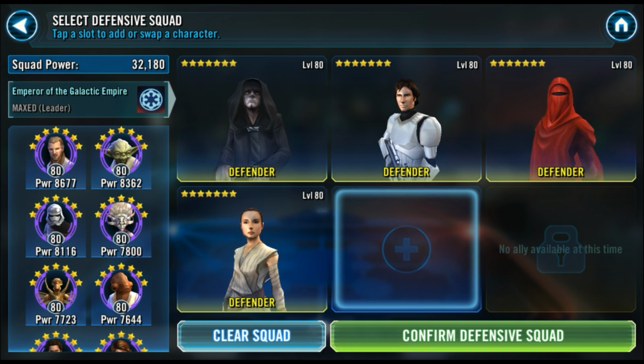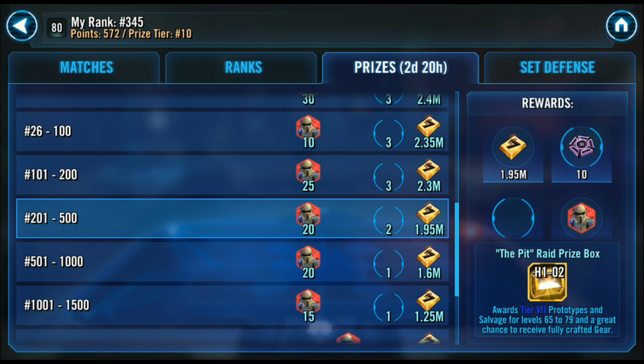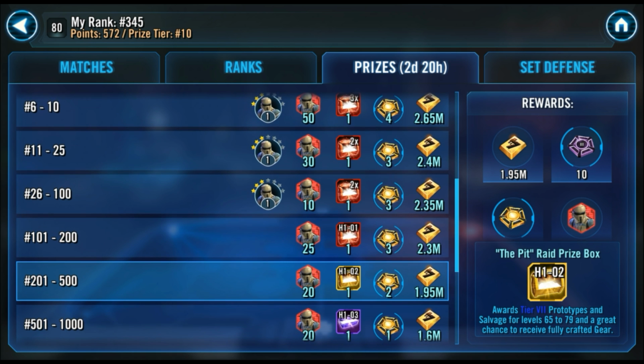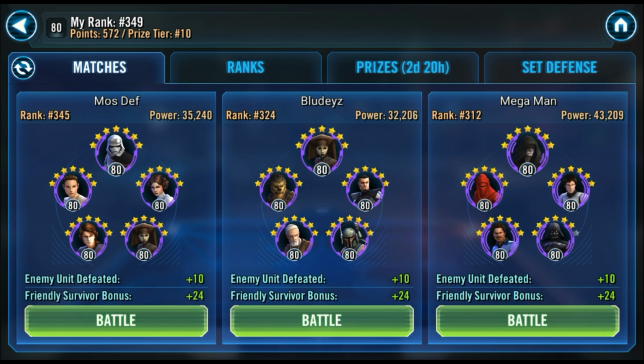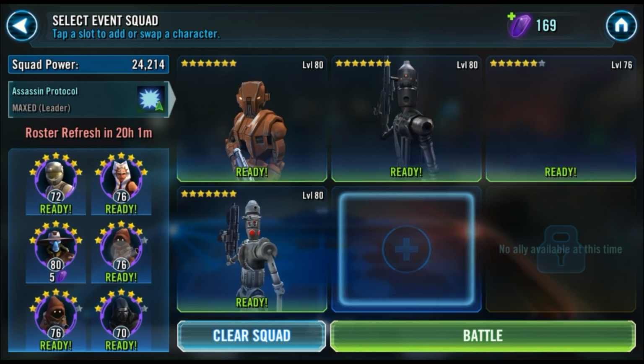Now, if you notice, I'm resetting my defensive squad right here, and it's because I realized that these battles aren't timed. That's a big thing to take into account. In the squad arena, setting a defensive squad that was basically just a timeout squad that would force your opponent into a draw was advantageous. However, in this PvP tournament, the battle goes on until a winner is determined. There is no draw,